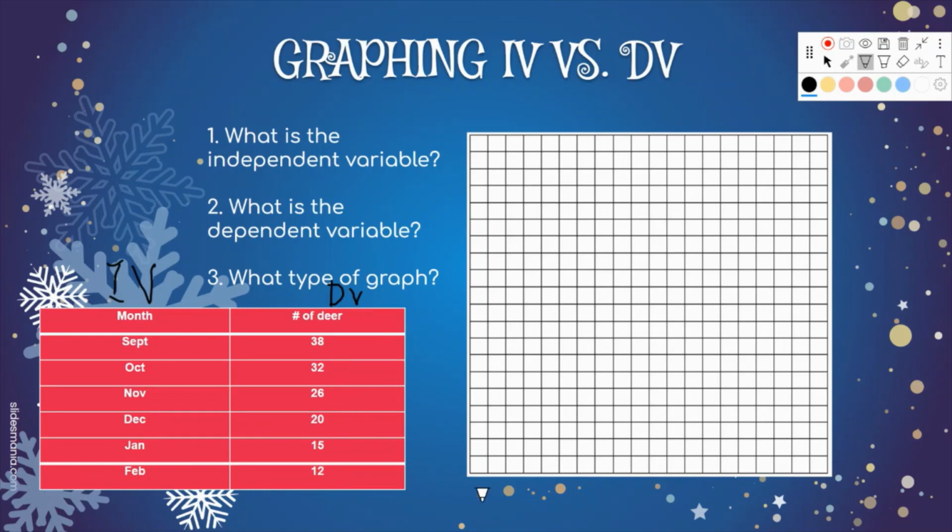All right. So remember, the independent variable always goes right here. So I'll put a line from here. It's always going to go in the x-axis. The dependent variable is always